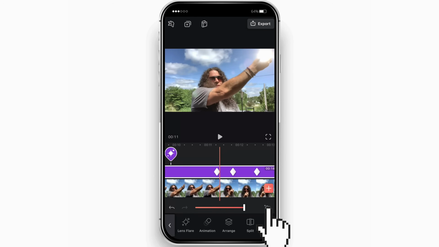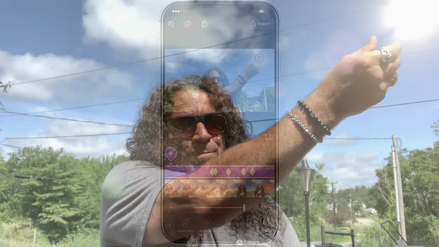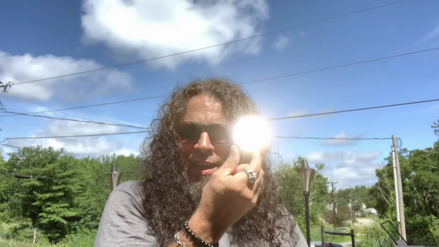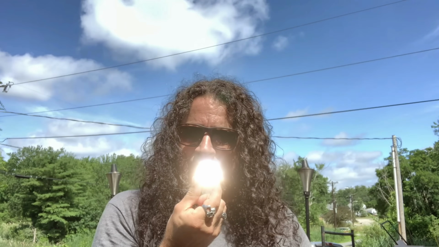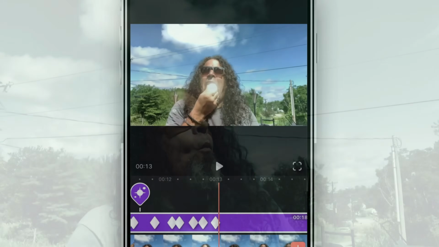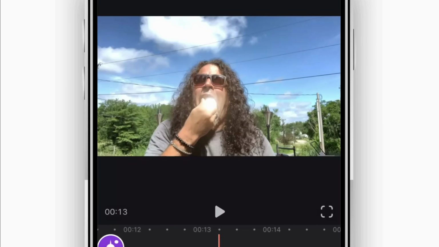Here I could simply add another keyframe and adjust it. Once the motion of pulling the sun down to my face was pretty smooth, I had to make it look like I was actually putting it in my mouth and swallowing it. This is a very similar technique using the keyframes, but as I pretended to put the sun into my mouth,